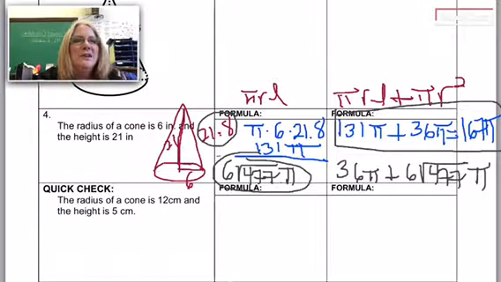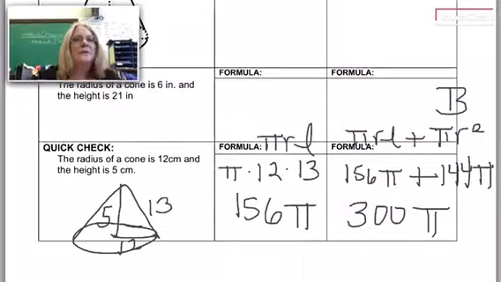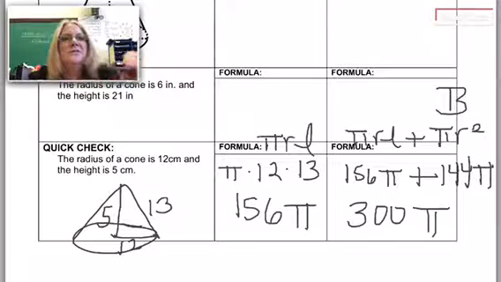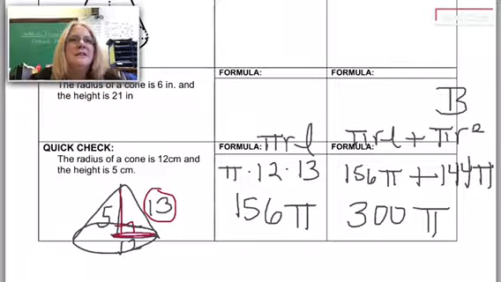We're almost out of time, so I'm going to pause again for the last one and then put the answer up. Okay, the radius of the cone is 12, so I drew this as 12, and the height is 5. So if you do the Pythagorean theorem, you find 13 over here is the L, or in this case,